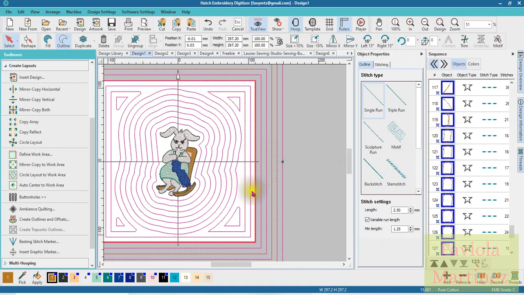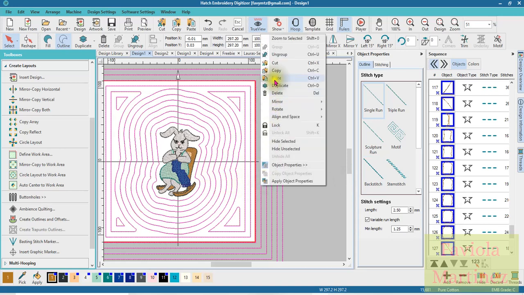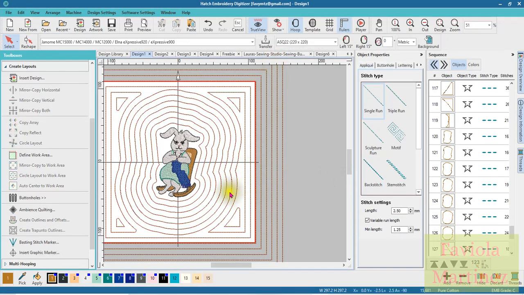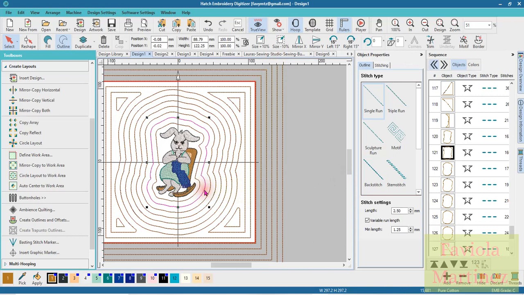You can see that when I clicked on it, it all got highlighted in this bright pink. And over here on my sequence bar, everything is selected. I would just right click on here and I would ungroup it. And then I could delete whichever ones of these lines